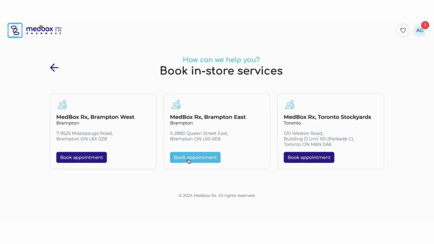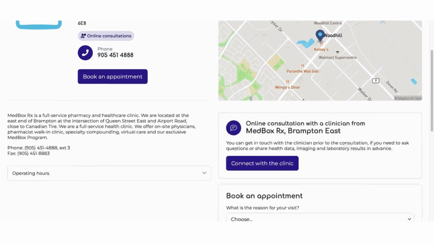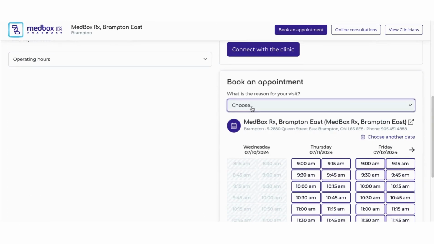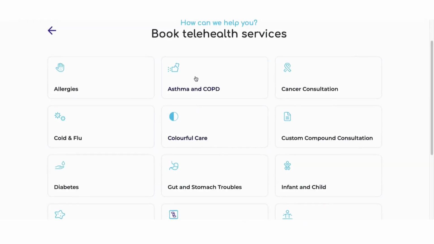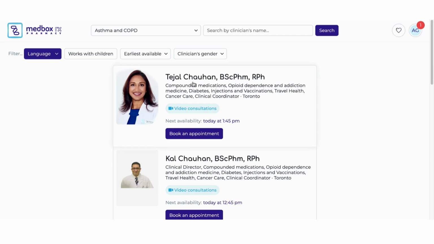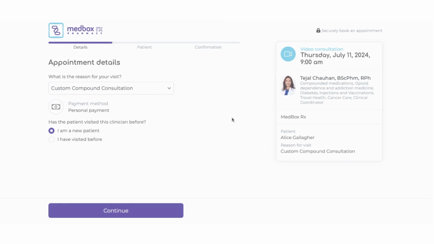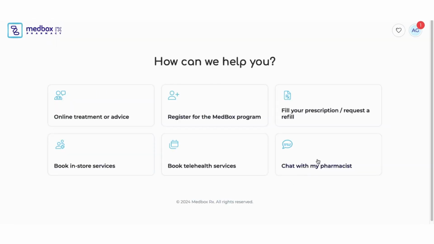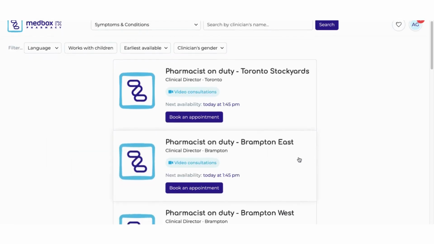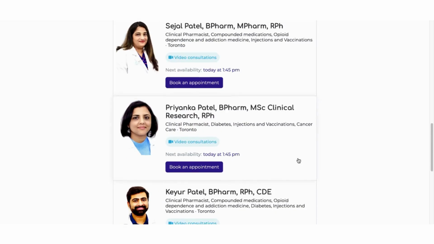Book in-person services allows you to book an appointment at one of the pharmacy locations. Book telehealth services allows you to pre-filter based on conditions and symptoms and book a virtual appointment. Or Chat with My Pharmacist, which allows you to browse through the list of all clinicians and book a virtual